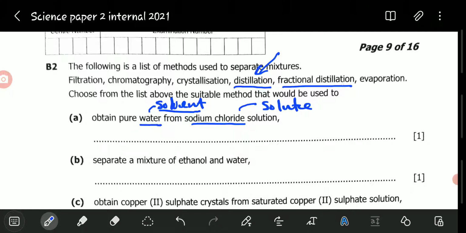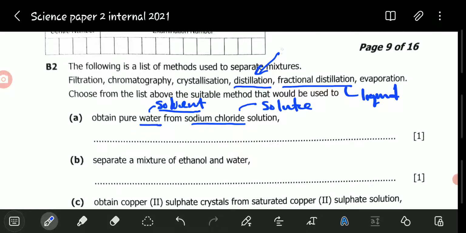While fractional distillation is a method used to separate two or more miscible liquids that have varying, or different, boiling points. So when we compare these two, this one is used to separate just miscible liquids, while this one